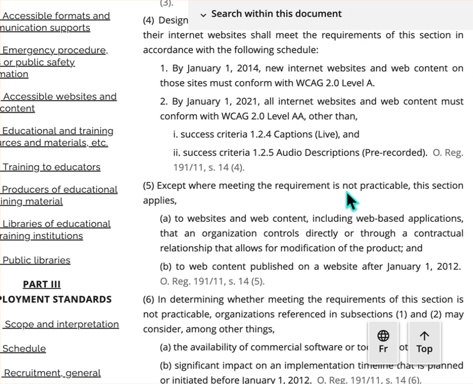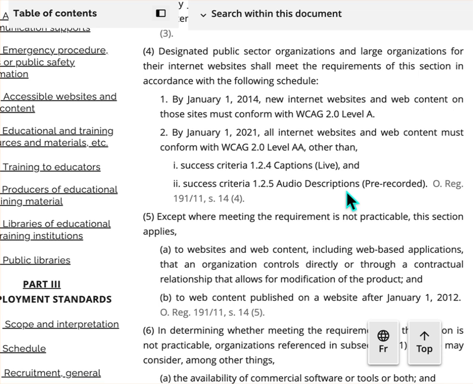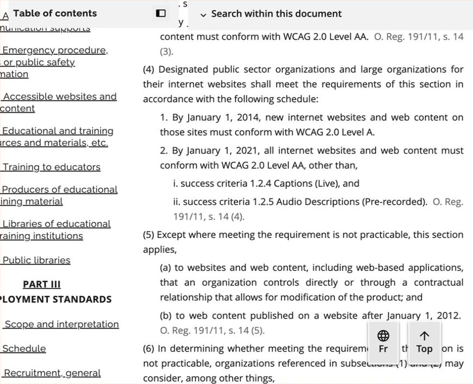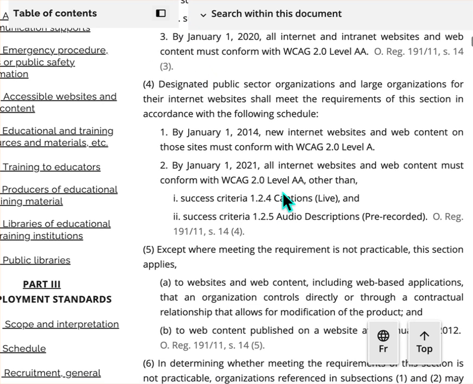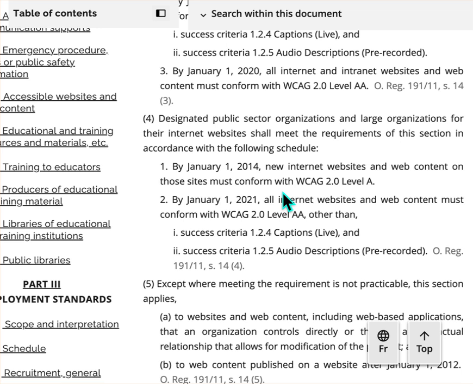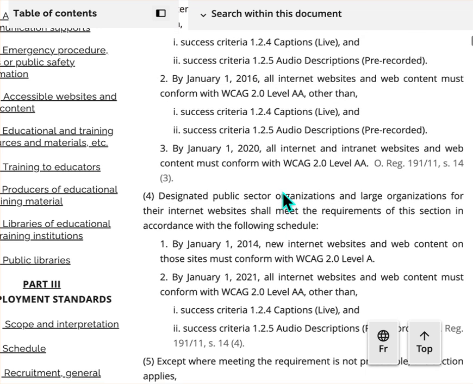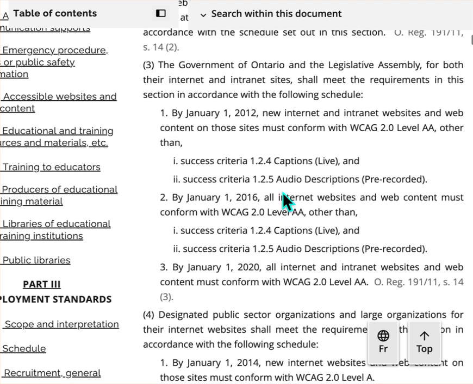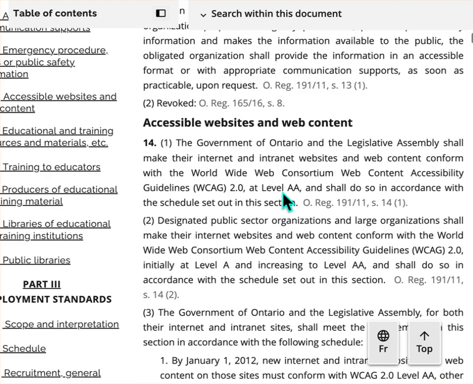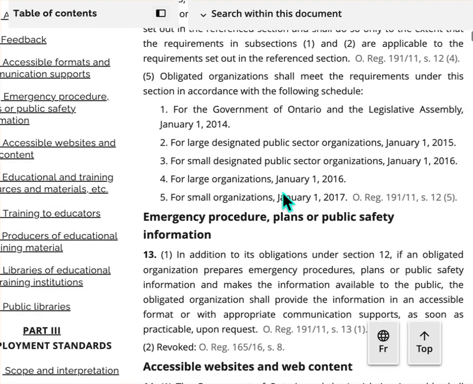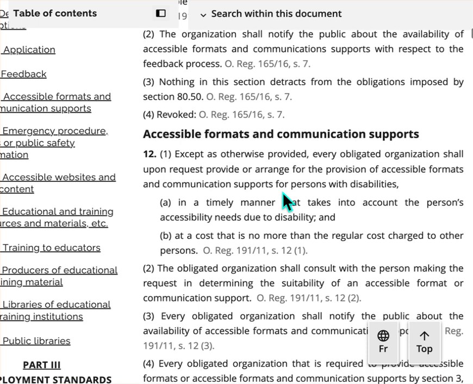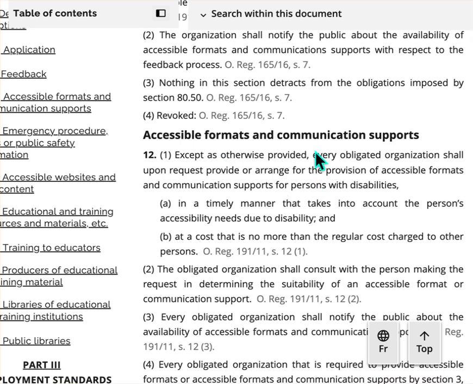Other than this, what you also need to cover, or what we can call other key obligations, would be to provide accessible formats and communication supports on request. There is an entire section for accessible formats and communication supports.